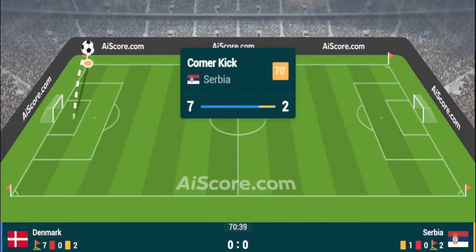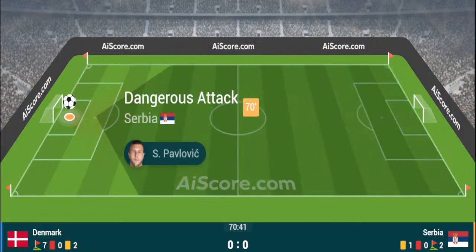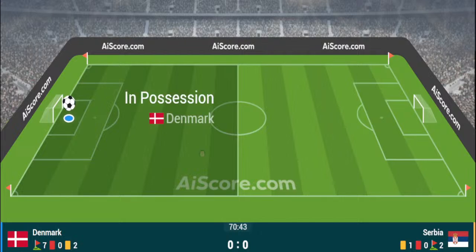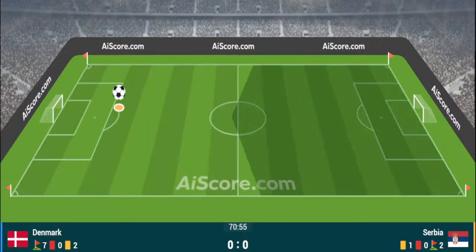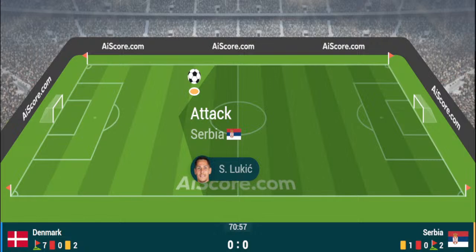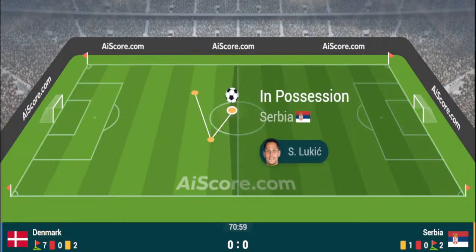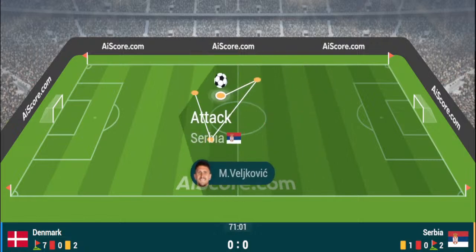And just a sense now that they're starting to dictate things, starting to utilise all the forward players they've got out on the pitch. Serbia do have the ball, and they will feed it out to their right-hand side, and Veljkovic does gather. Serbia now moving up towards halfway, crossing halfway. Now an opportunity for potentially Tadic to get a touch on it. It's really nicely done by Serbia on the right-hand side. The ball is fizzed into the penalty area.